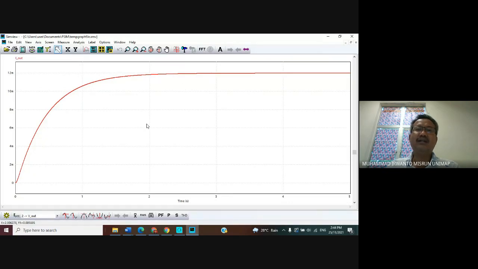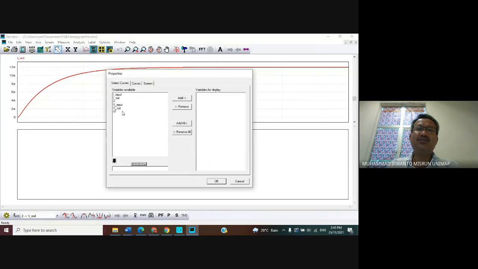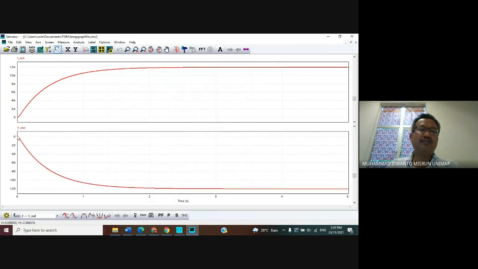And then output voltage. To make it appear, just click the menu bar, add one screen, and then choose V out in here. Click button Add, click button OK. Same, we can see in here the value sign is negative. It means the terminal voltage measurement should be changed.